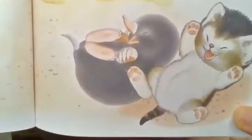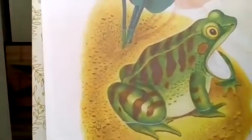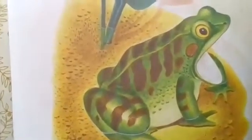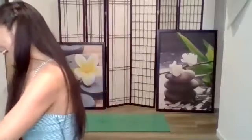So Roly-Poly the kitten and the mole were rolling around having fun, and they came across a frog. And the frog had big hind legs and a big mouth. So let's go ahead and be frogs and jump around. Ready? Can you join me? Good. Okay, next,